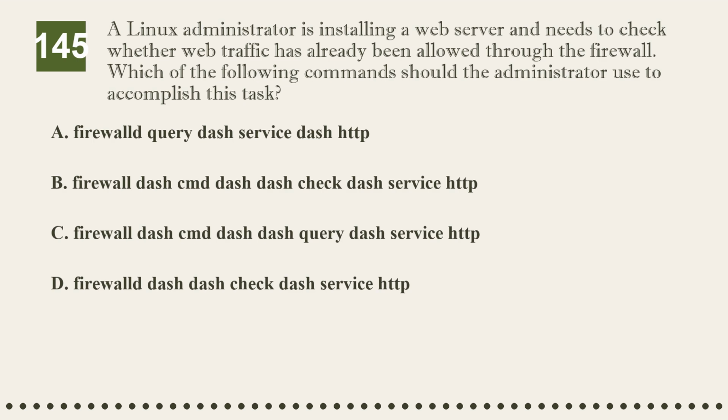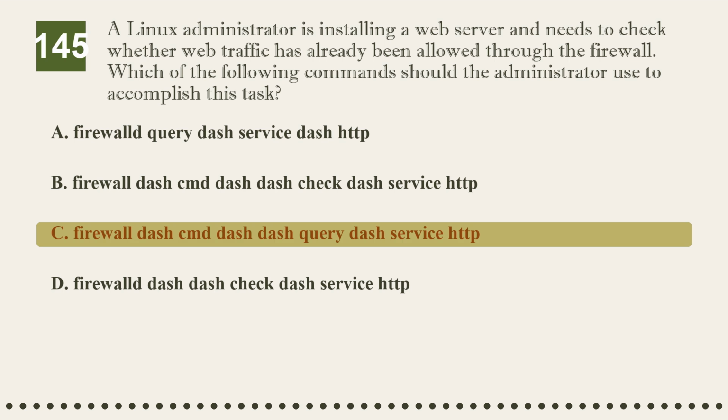Question 145. A Linux administrator is installing a web server and needs to check whether web traffic has already been allowed through the firewall. Which of the following commands should the administrator use to accomplish this task? Option A, firewalled query-service-http. Option B, firewall-cmd-check-service http. Option C, firewall-cmd-query-service http. Option D, firewall-check-service http. The correct answer is option C,